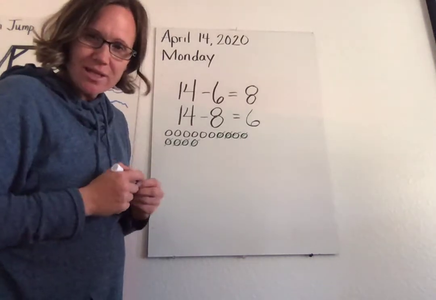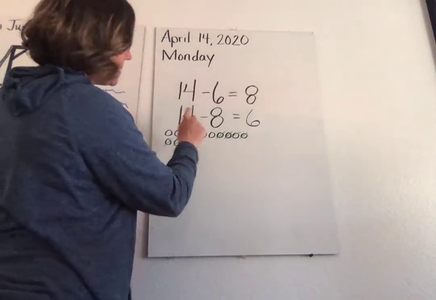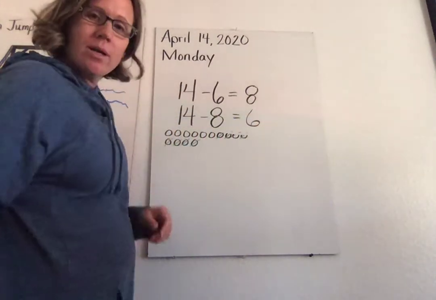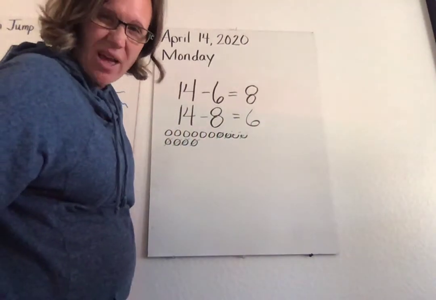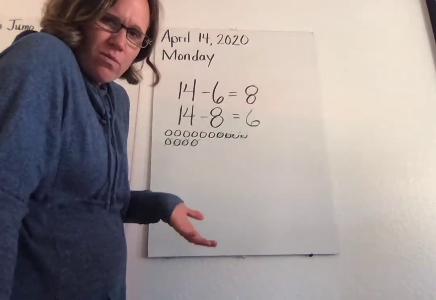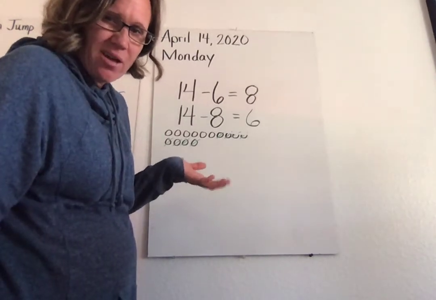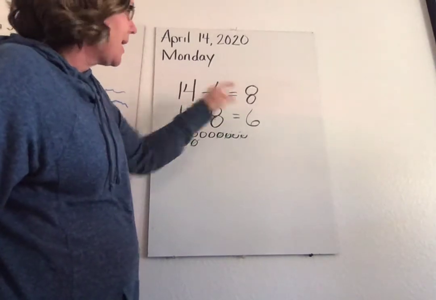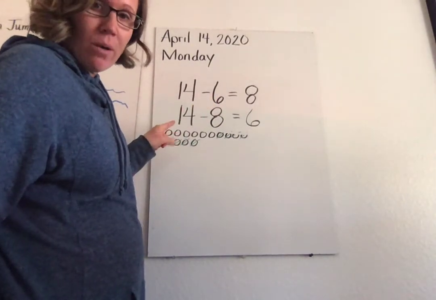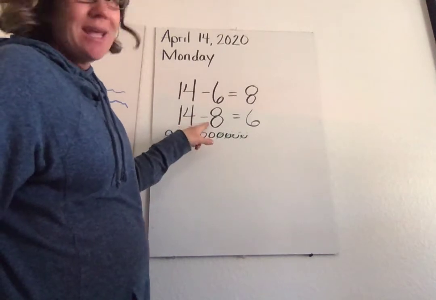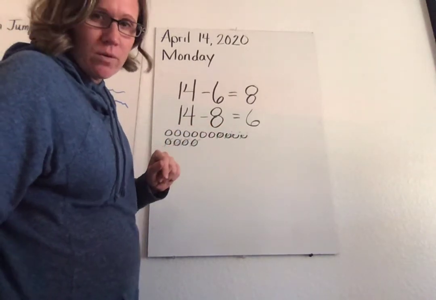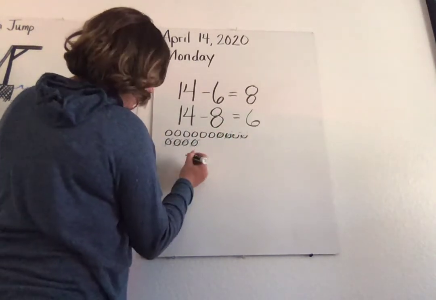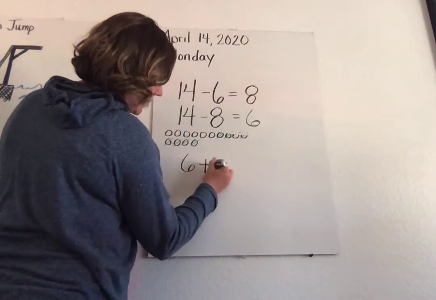Do you guys notice anything there? What is the same between these two problems? What similarities do they have? Which means, what do they have that's alike? Well, if you look at it, this has 14, 6, and 8. Our second problem has a 14, an 8, and a 6. Are those the same numbers? You're right, they are. So we're going to go down and we're going to do 6 plus 8